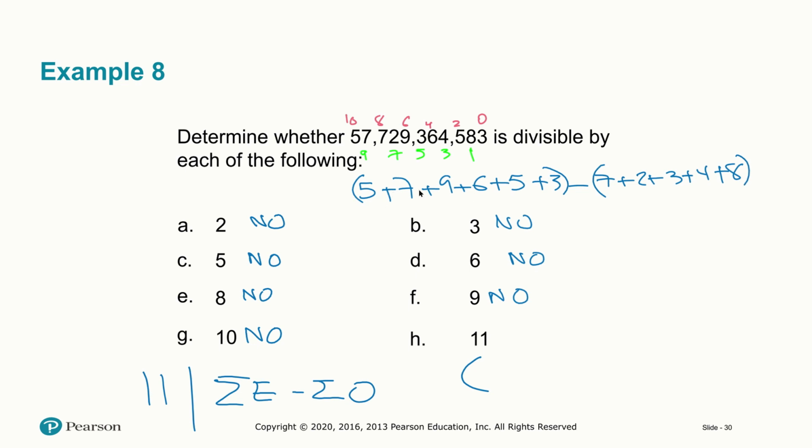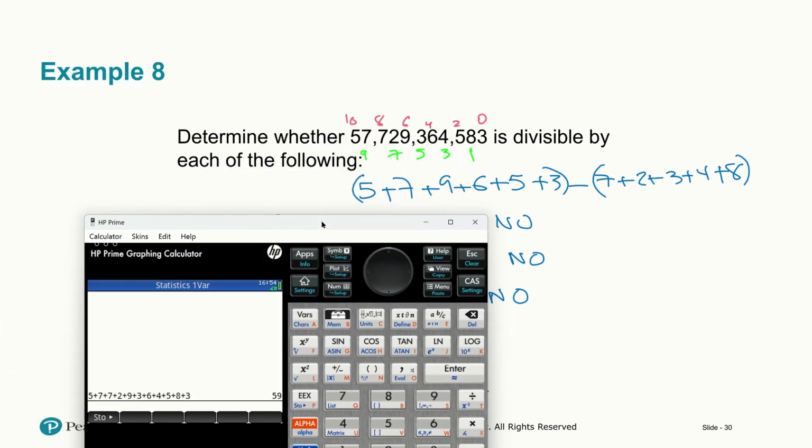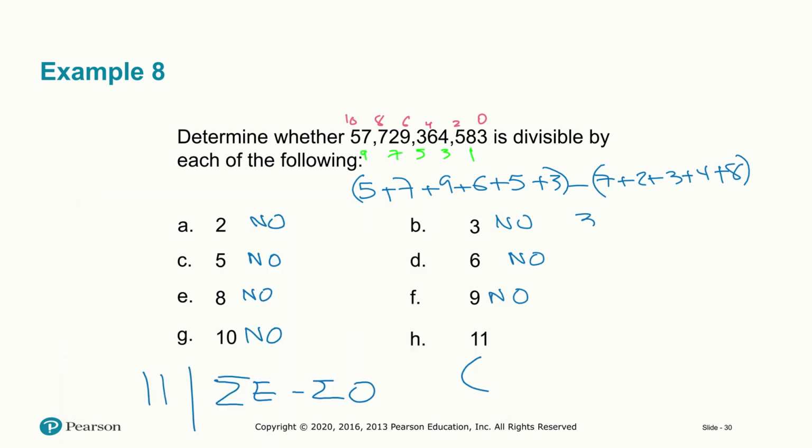So we take care of this sum. We can do it by hand, or we can just punch it into a calculator. So we have 5 plus 7 plus 9 plus 6 plus 5 plus 3. So that's 35 minus